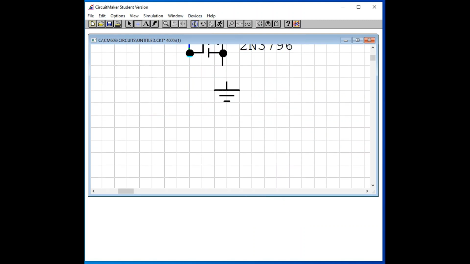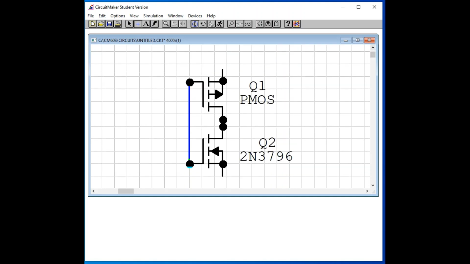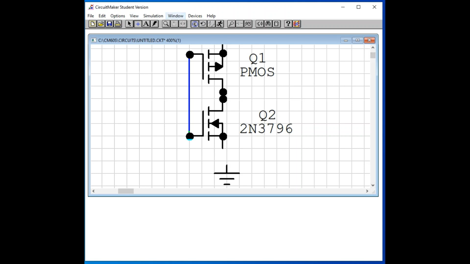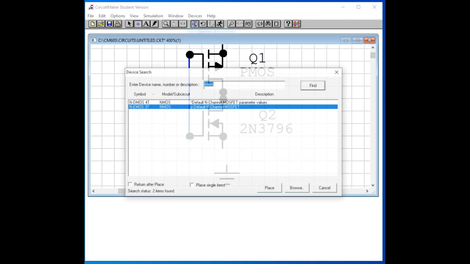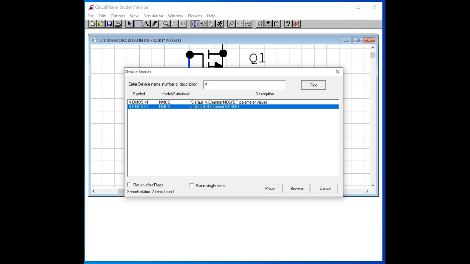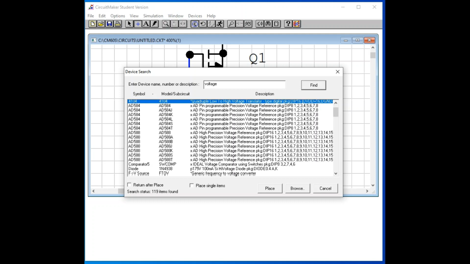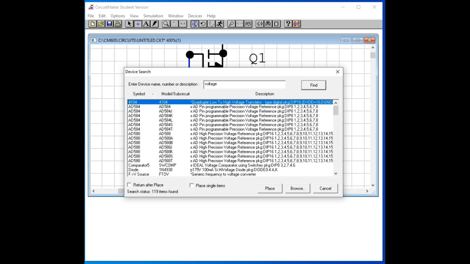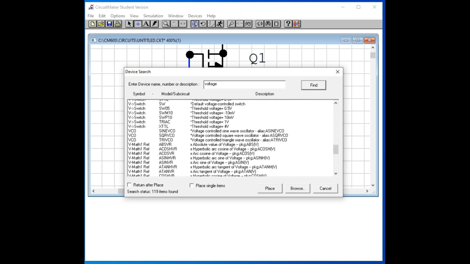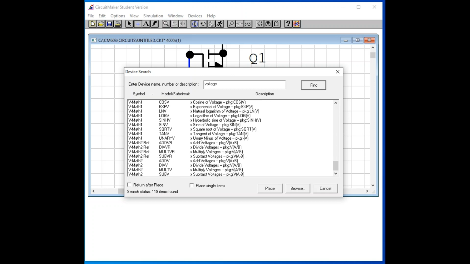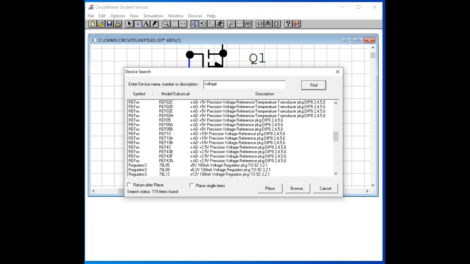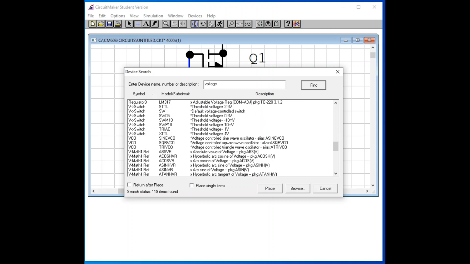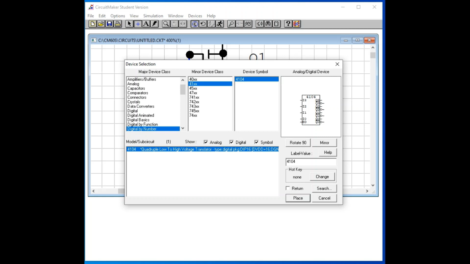Ground, let's say, is here. We also insert a voltage source. Find, there are so many here. We need a DC voltage, or we can browse basically.